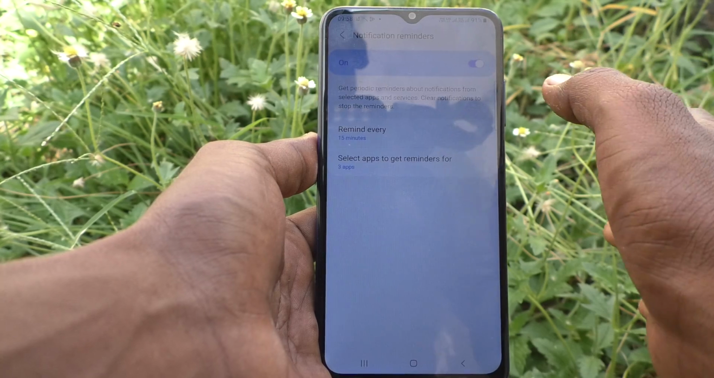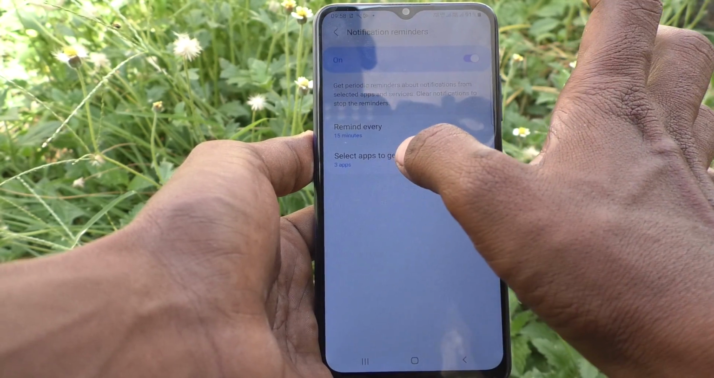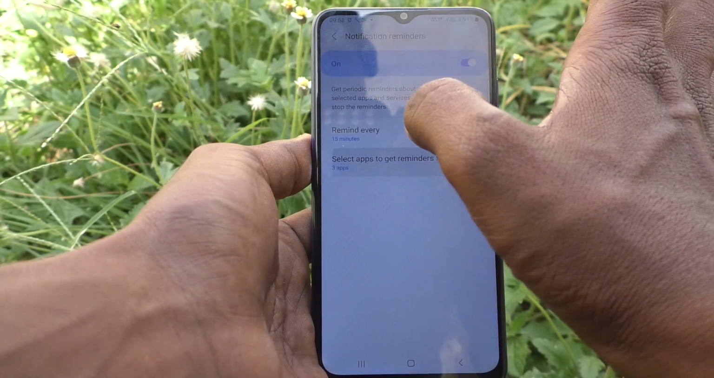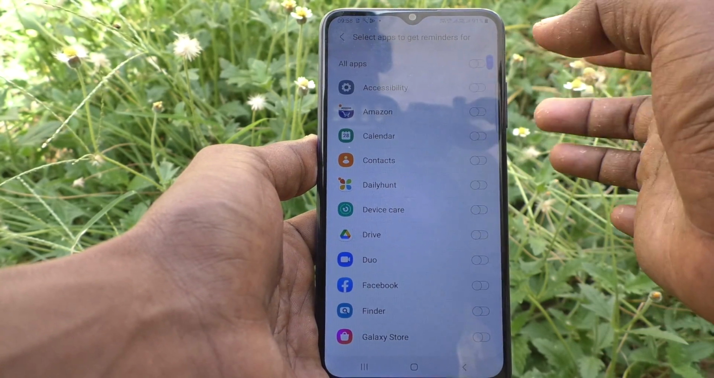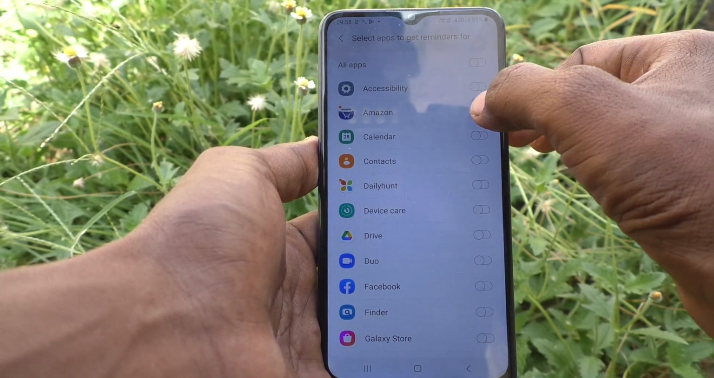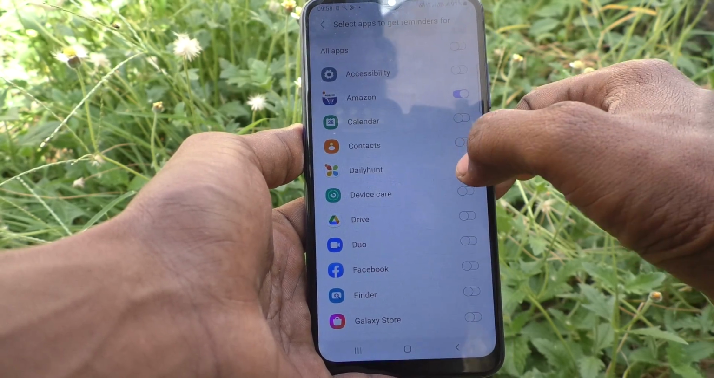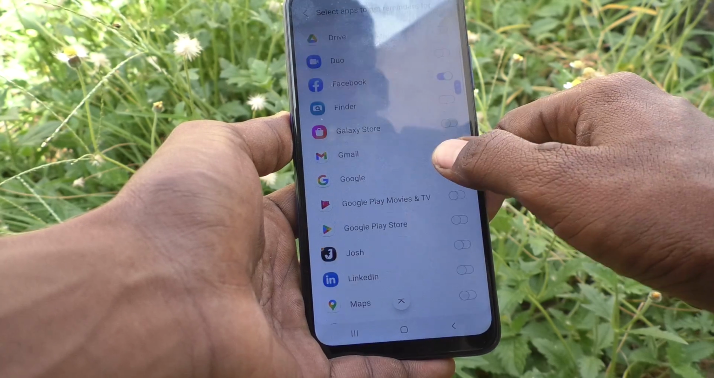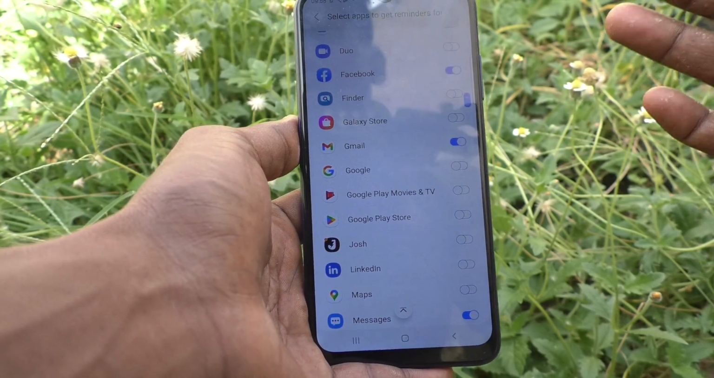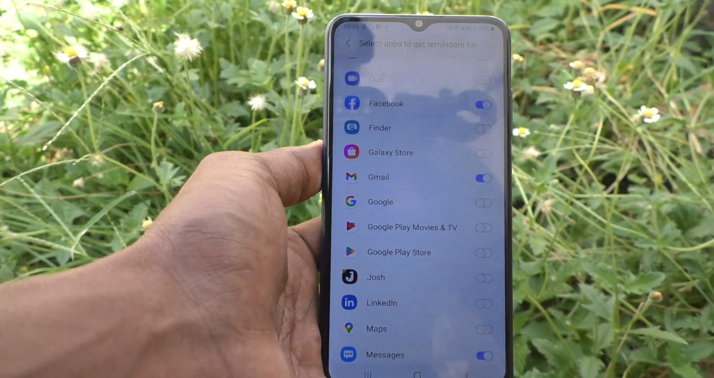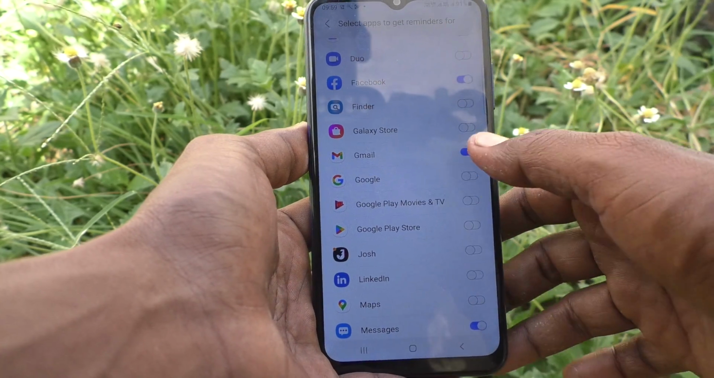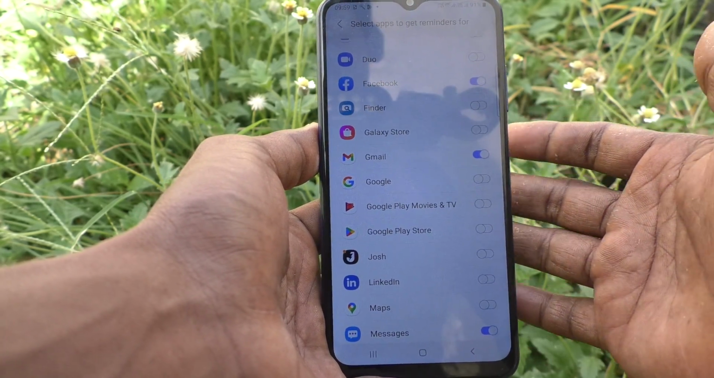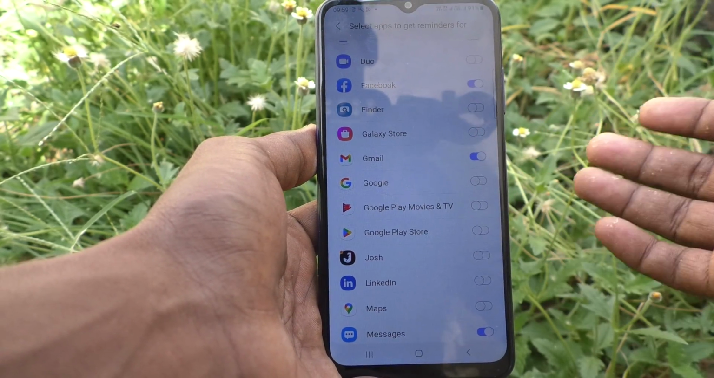So you go to select those apps. Only three apps can be selected. Select apps to get reminders for. Click on it, and here you can select the app. Here I select Amazon, and then Facebook, and then Gmail. So these three apps, Amazon, Facebook, and Gmail, will get a reminder every 15 minutes when those apps have notifications